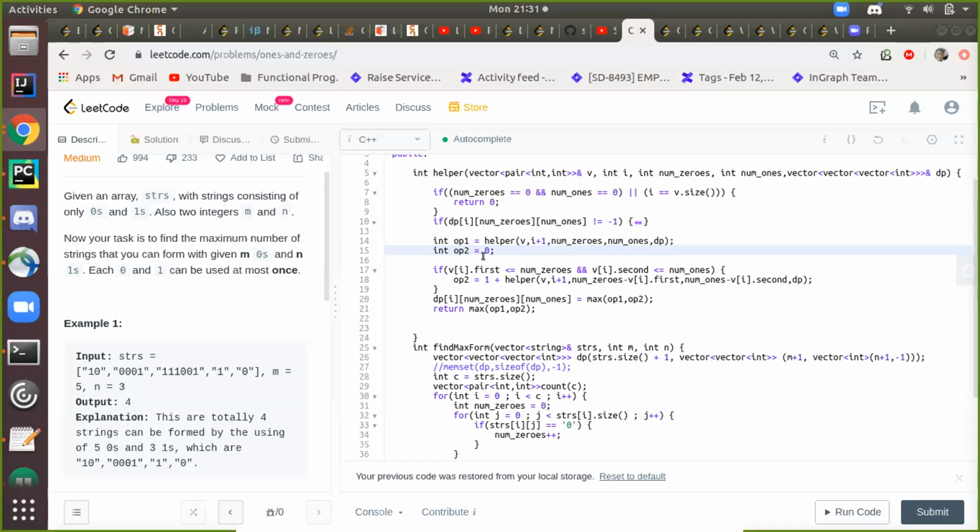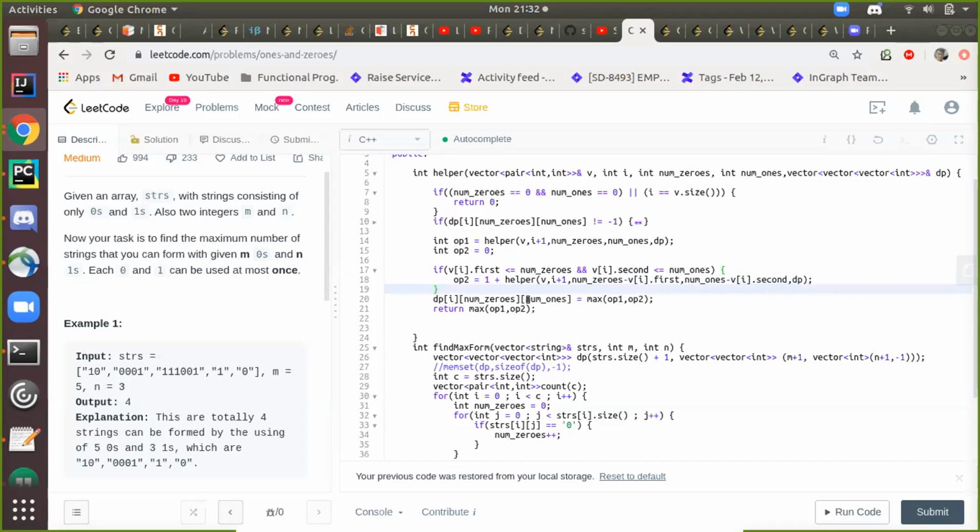So if the number of zeros is lesser and the number of ones is lesser, that means I can include it as one of my possible sequences, and then I can move forward. So I am including that particular string, that is by this 1 plus, because I need the count. And in my recursive call, I'm passing the vector, increasing the position, and decreasing the number of zeros by this. So vi dot first is the number of zeros in my string i, and the number of ones is this. I subtract these from the number of ones and zeros I have, and then I pass it on. So these are my two recursive calls.